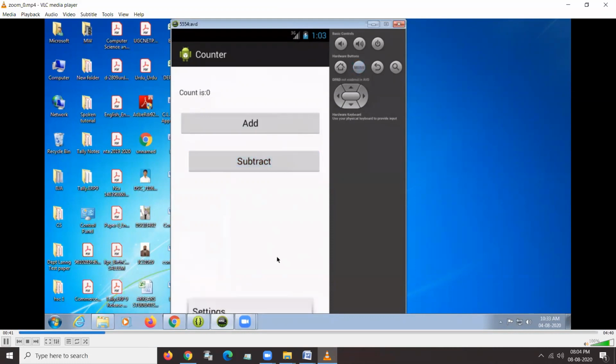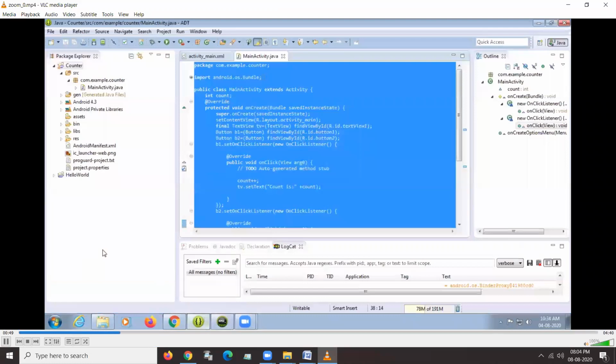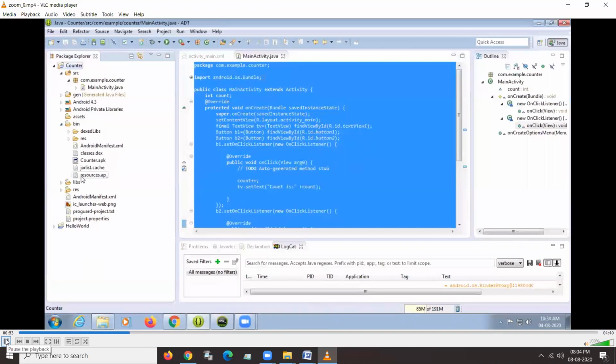Okay. So next you can go to the menu. So this is the source. Okay. So generally this is the information. This one, counter dot apk, you can understand what that is. This is the application software, like you get from the Play Store. You can copy the file and save it to your mobile. Directly the counter file will be executed.